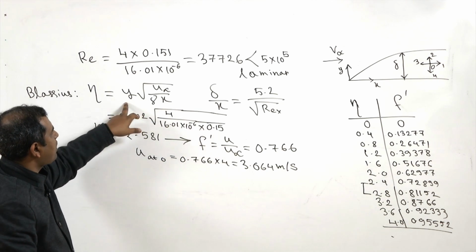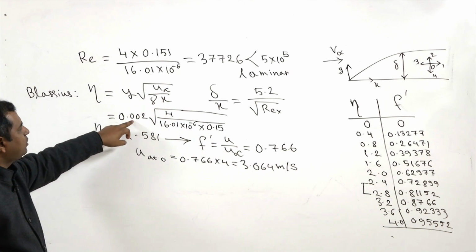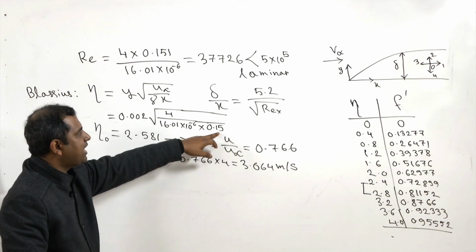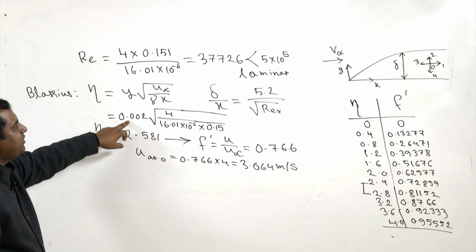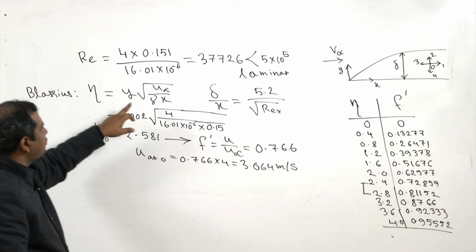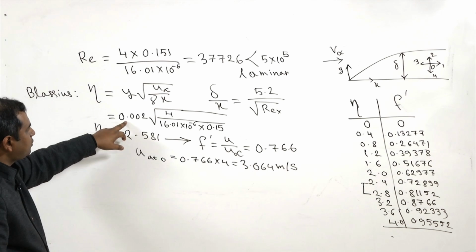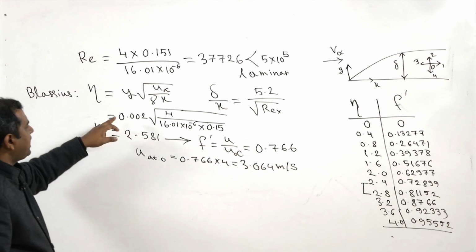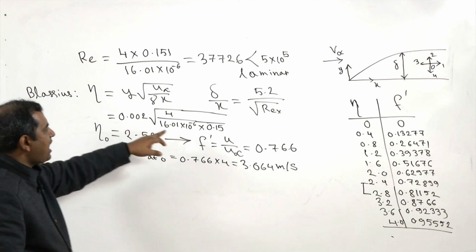So, x and y. Okay. For example, for one position y remains 0.002, but x will be 0.051. Okay. For two position y will be 0.003 and x will be 0.15. For three position y will be 0.002 and x will be 0.149, and subsequently at 4 position y will be 0.001 and x will be